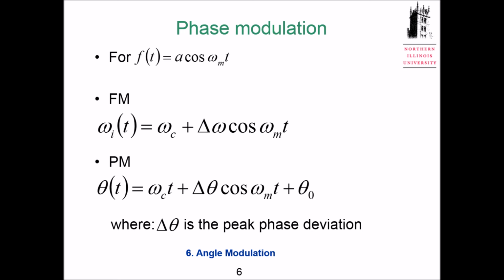Okay, here we still have a delta omega, right? This one we also call peak frequency deviation. How far are you going to go away from omega c? But this one is a little different from the delta omega we mentioned for the FM signal. So for FM, delta omega is A from your message, times Kf, this is the constant. In the previous slide we talked about Kf, the constant, linearly proportional to